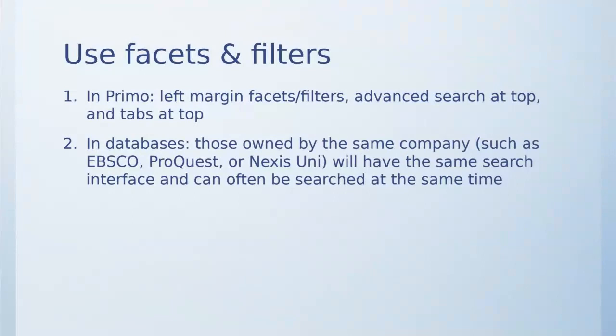And same thing in our databases. Primo is a new search tool that we have that searches most of our databases all at once. So it's a really good place to start. But can you think of what might be bad about searching all 400 databases that we have all at once? It might lead to getting way too many sources as a result, right? So it's good to do Primo and narrow it down, but it's also good to try databases by themselves because then it's a more narrow search already. Okay, so let's go to